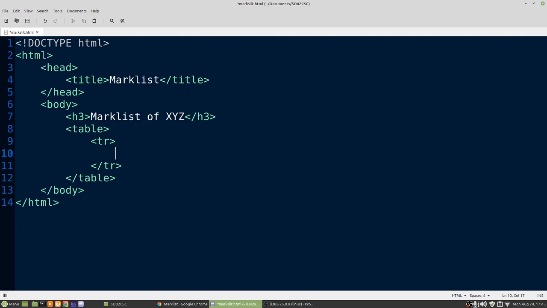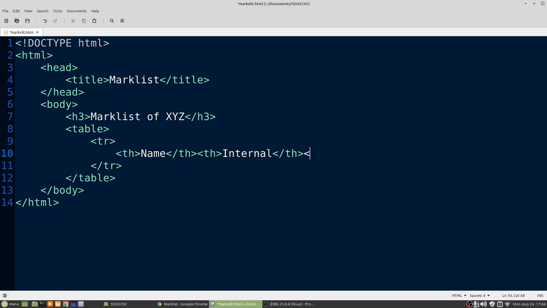Obviously the first row will be the heading, so we can use the th tag here and say name as the first column heading. The second column can be the internal marks, so let's say internal, and close it using /th.